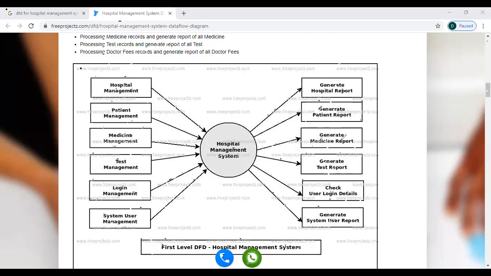Like that, medicine reports, test reports, user login details, whoever the users are for this hospital management system, and it generates the system user report. So these are the things we log into the hospital management system, and the reports we get from it.